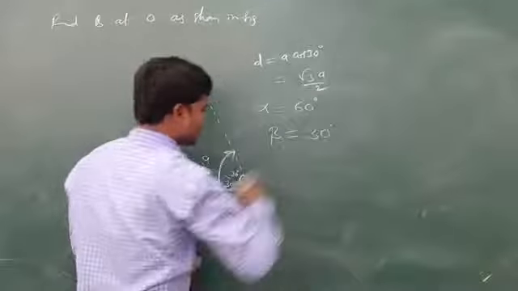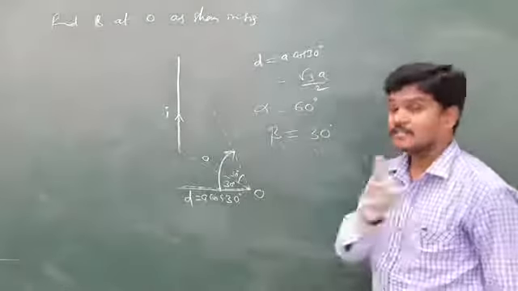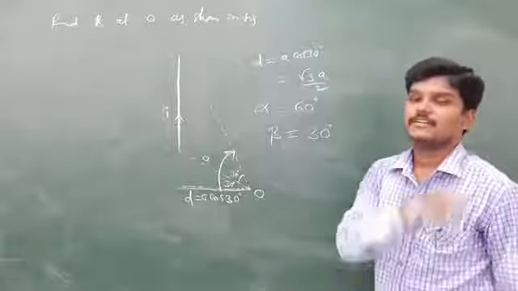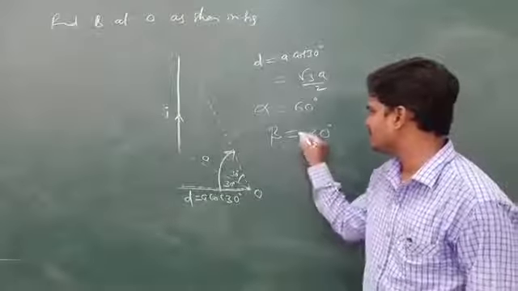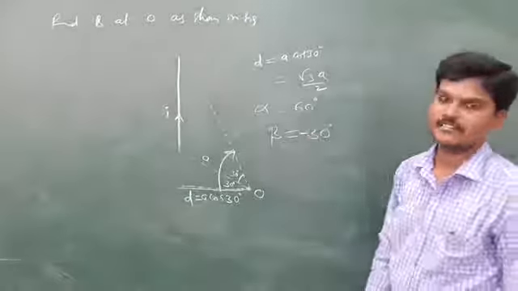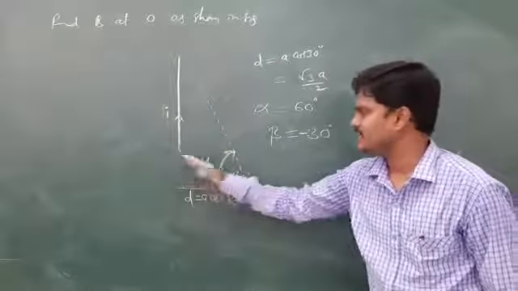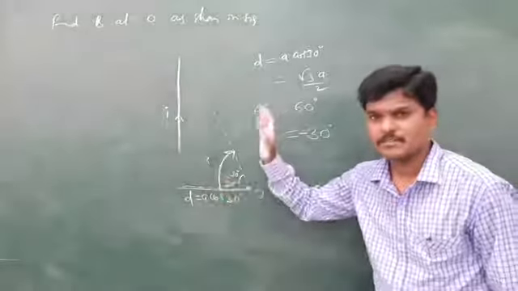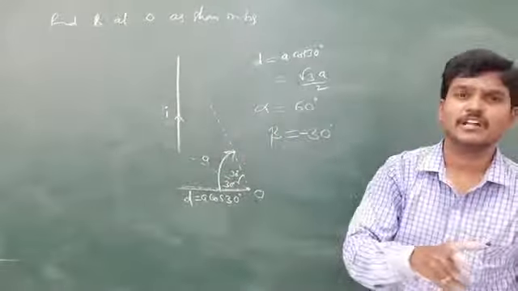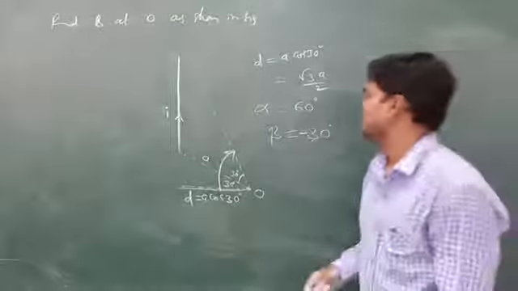But in what direction am I moving? If I move clockwise again, I am getting 30. But beta must be moved in the anti-clockwise direction. So beta anti-clockwise means you just take the negative sign, minus 30. So for this type of question, alpha is 60 and beta is negative 30. Because you are moving both in the same direction, but beta must be moved opposite to alpha. So to get the opposite, you take the minus sign, and alpha and beta are clear.